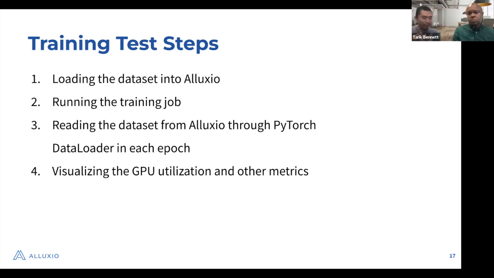You may have some concern: okay, my local disk is not large enough to contain the data. No worry about that. It's just a link. We won't copy the data to the local disk, but you can access the data as a local folder. And in your machine learning job or your Jupyter Notebook, you can just specify a local folder for the data, and you can run the training job from there.